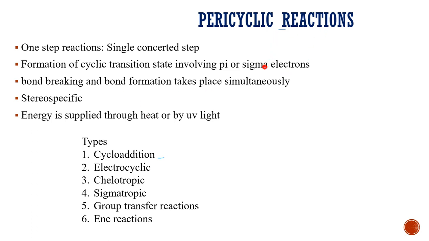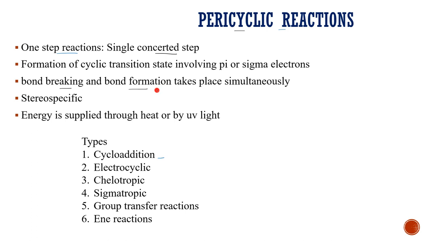These are typical reactions which take place in one step, single step reactions, and the single step reactions are called concerted reactions. So remember this word concerted, single step. Most reactions can take place in 2 step, 3 step. These are single step reactions, and they take place via formation of a cyclic transition state where pi bonds are broken and single bonds are formed. So old bonds are broken, new bonds are formed.